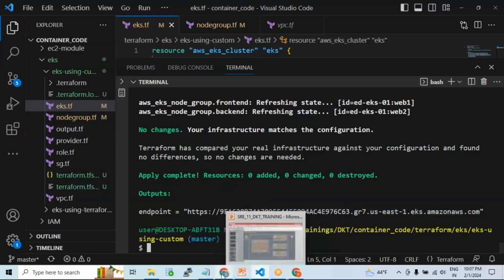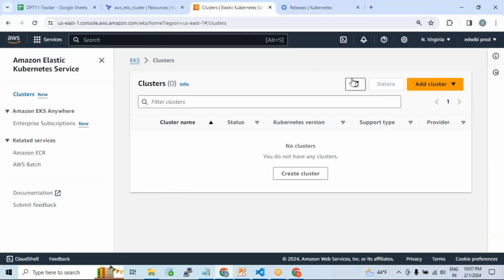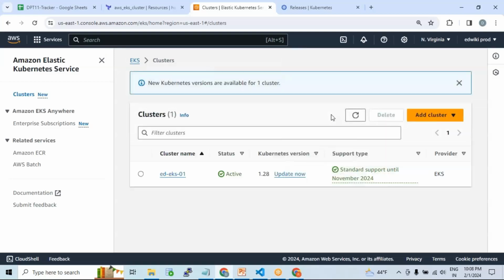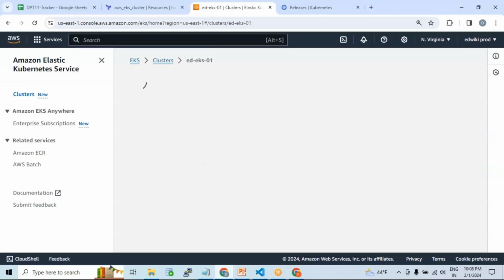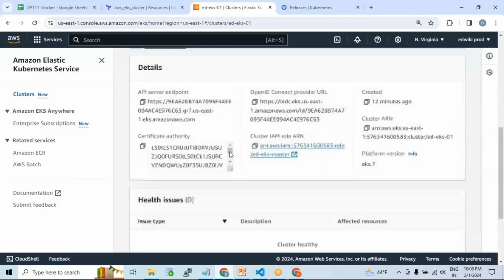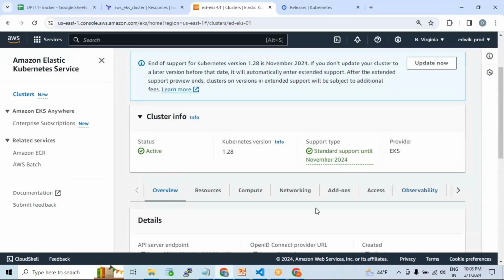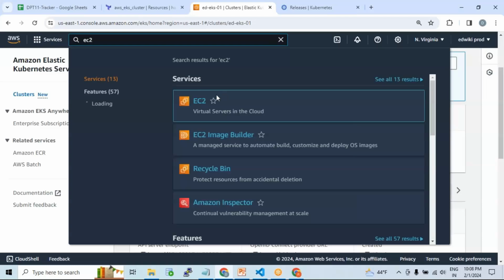Now, if you go back to your AWS and look for this EKS, you see that the EKS cluster is deployed with the 1.28 version, and you can see more details about this EKS. If you go to EC2,